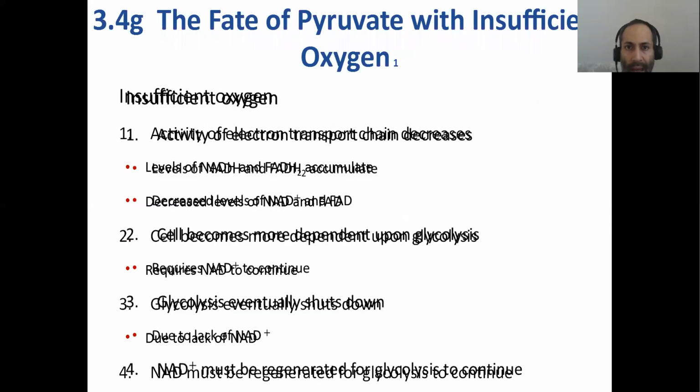Okay, so what happens when you have insufficient oxygen in your system, such as when you're running a marathon and you're breathing at your maximal capacity, no more oxygen can be delivered to your tissues. You've absolutely hit the wall. What happens at that time? At that time, since there's no more oxygen available, glycolysis eventually shuts down, as you can see here, okay?